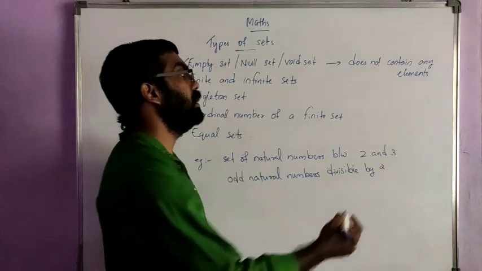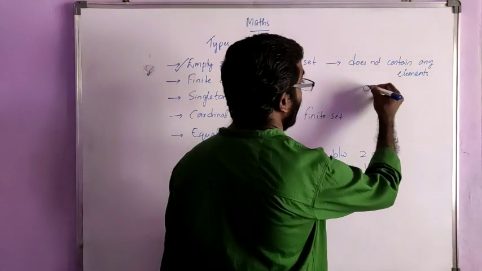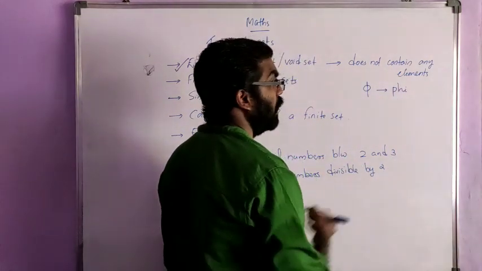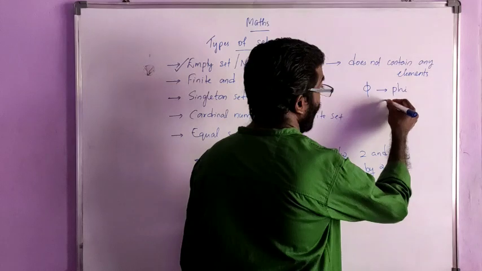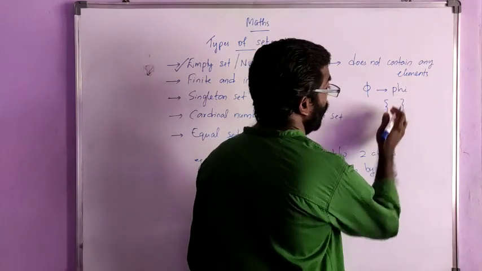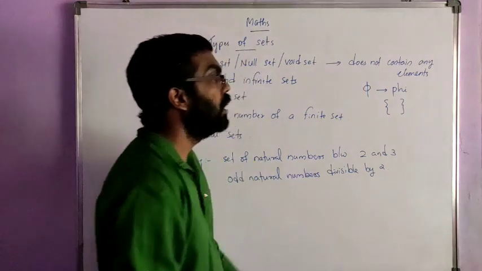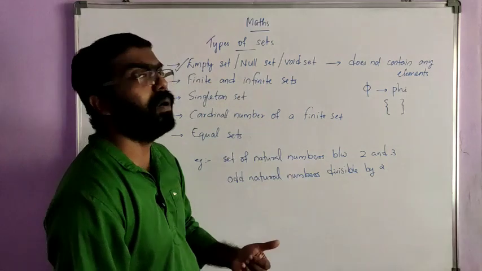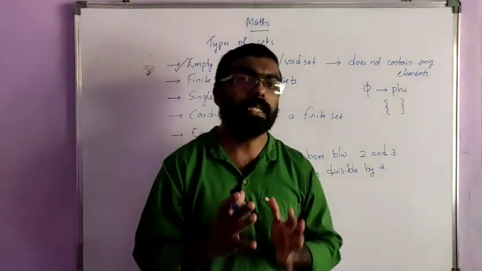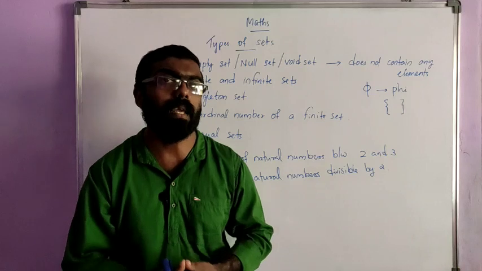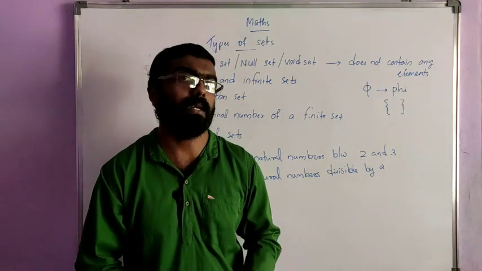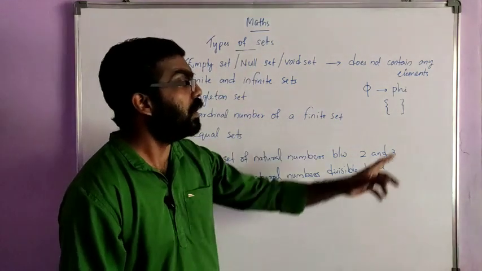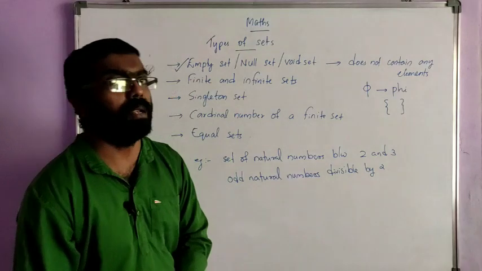Okay, the empty set is denoted by the symbol phi. So this symbol we read as phi. And another notation is we write the set bracket with no elements, opening brace and closing brace. So these are the two different notations used to denote what? Empty set or null set. I repeat, a set which does not contain any element is called null set or empty set or void set, and it is denoted by the symbol phi or the set bracket with no elements.